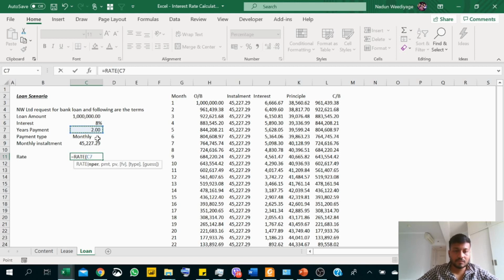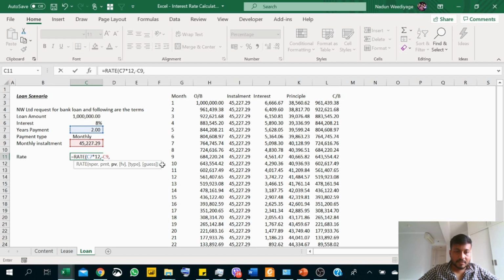So everything in our formula needs to be converted to monthly if it wasn't given as monthly. So we need to multiply by 12 to get the number of months, which converts years to months. The payment, as usual, needs to be a minus value, so 45,227 we will make it minus,